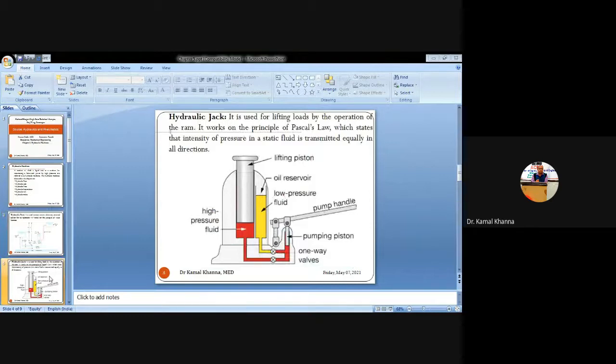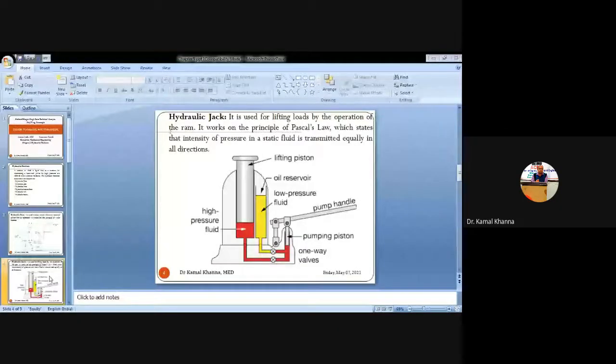You have already seen this mechanical hydraulic jack in an automobile repair shop or other repair shops of mechanical engineering. You must have seen the mechanical jack. But nowadays this hydraulic jack is becoming more popular as compared to mechanical jacks, because it can be used very easily, and it can lift very high loads by applying very little effort. So it reduces the human effort and also increases the efficiency of the work.